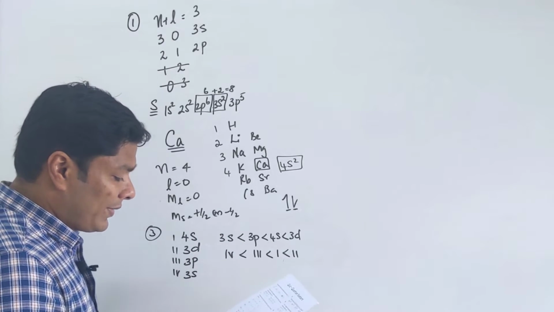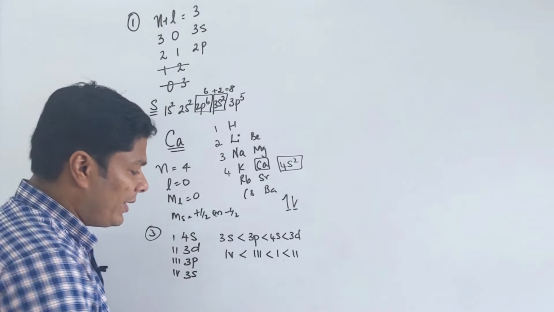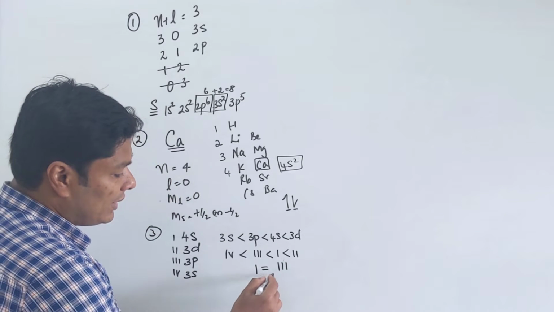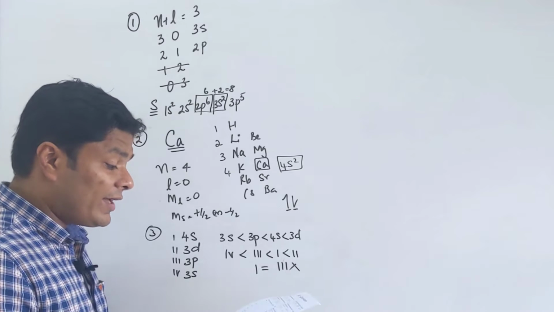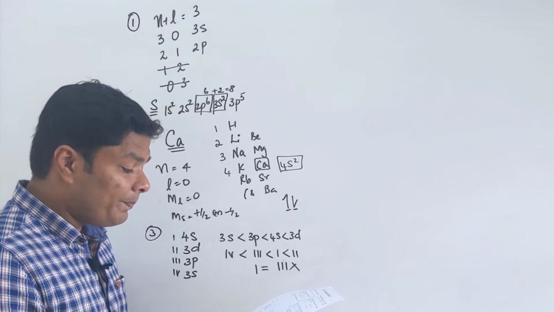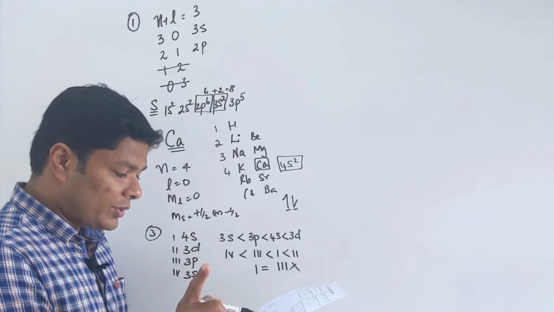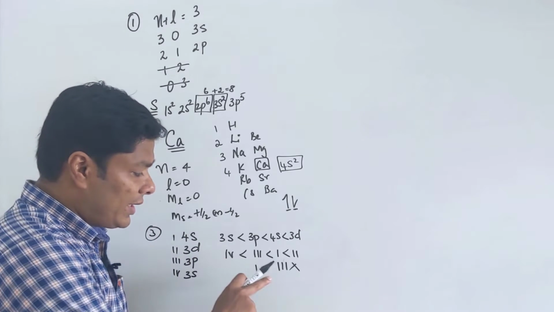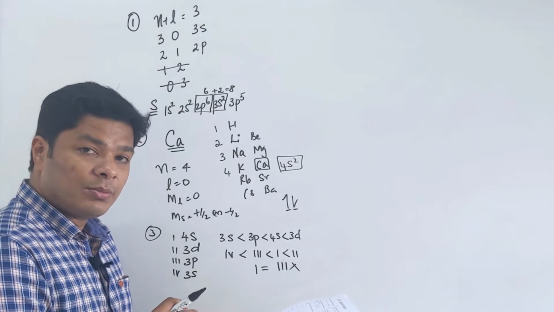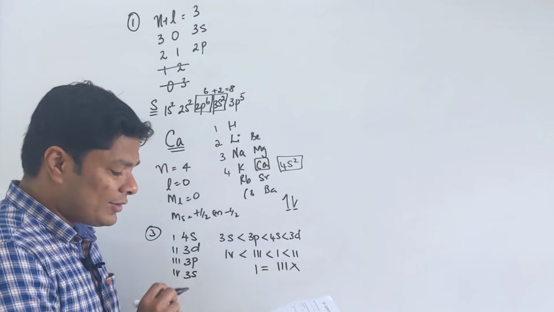Now the fastest way to know that: right away, looking at it, we can say that no two orbitals will have the same energy. So what Delta says is impossible. So D is wrong. But we cannot decide the answer based on that alone, because we don't know whether the others are right. Now look at the options. Option Delta is wrong, option Charlie is wrong. That tells me that only options A and B are possible. You don't have to look into whether B and C are correct. Regardless, do it properly.